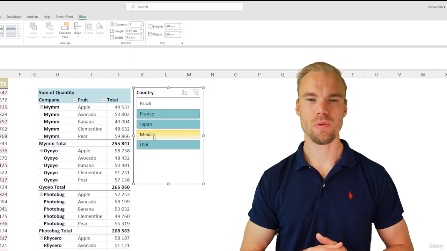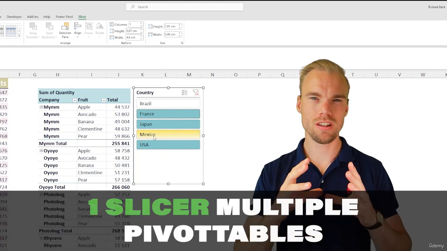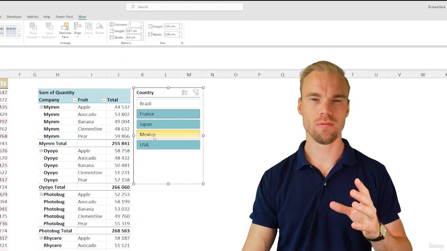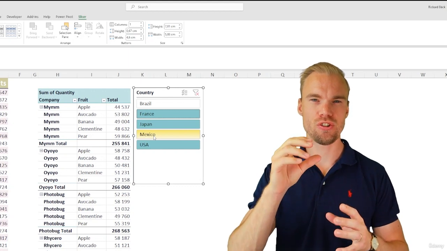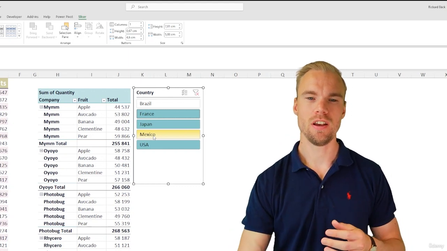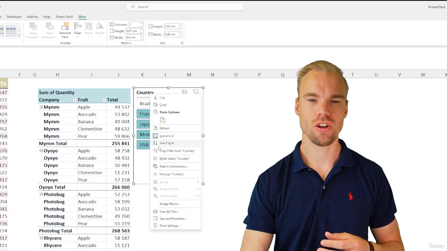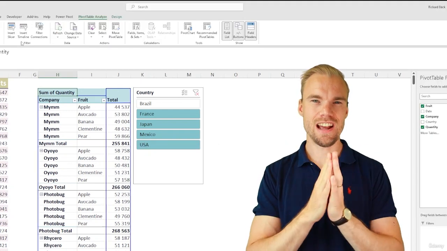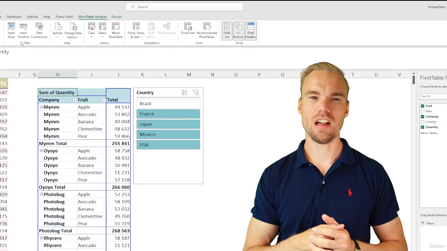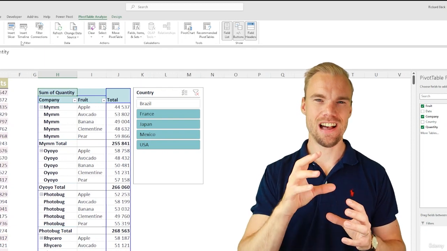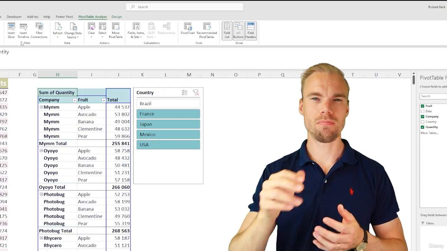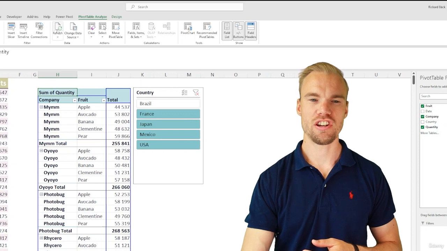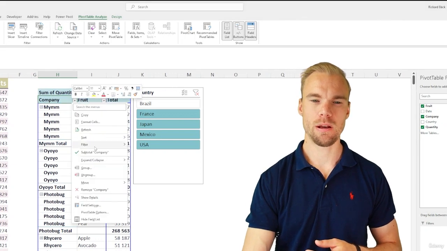If you hold the control button, you can select multiple, and if you hold the shift button, you will select all that's in between. Also, if you have multiple pivot tables and you want one slicer to connect to both of them, you right click on the slicer, go to Report Connections, and make sure that both pivot tables are marked. If you have dates in your data, then it's possible to insert a timeline. If you change the data, then you need to refresh the pivot table either by pressing on refresh here or right click on the pivot table and press on